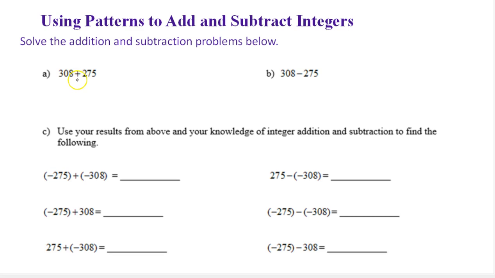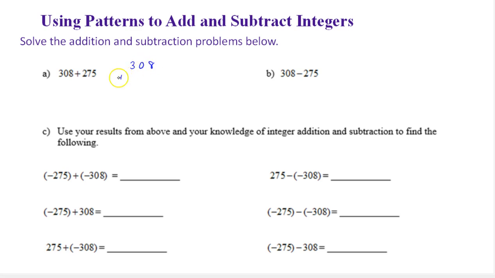So parts A and B, this is a sum of two positive numbers, and this is a difference of two positive numbers. We're going to find these values, and once we've found these values, we can find all of these results. All of these sums or differences are going to be the results of these two problems, either a positive or a negative. So let's see how this works. So we'll start with